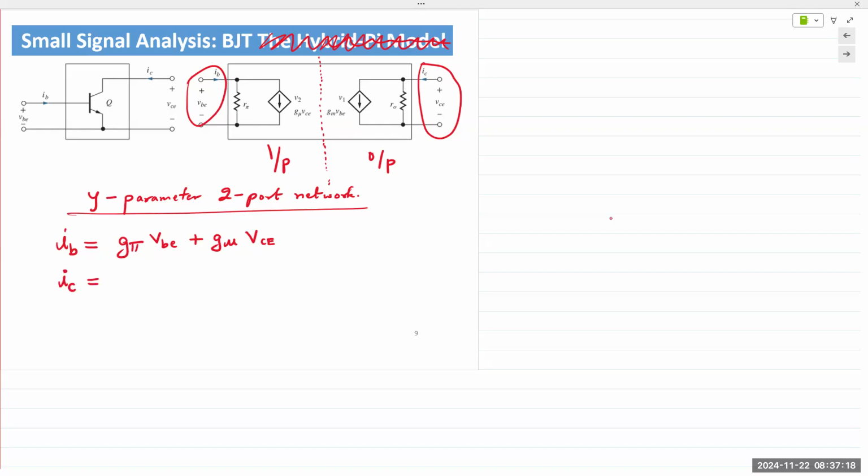And IC, the collector current, again, is a summation of the input voltage and the output voltage. Now, what do we see? IB